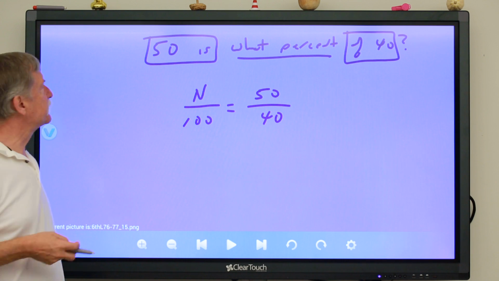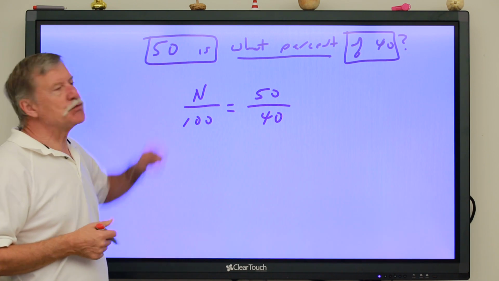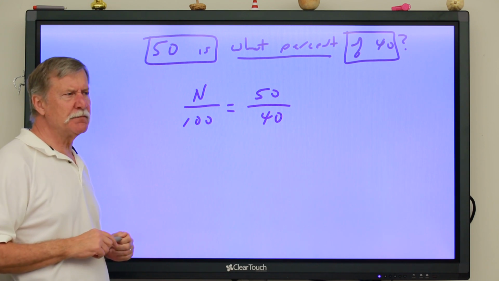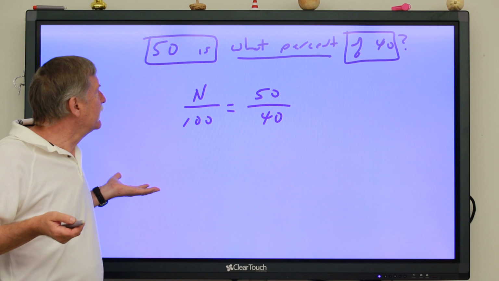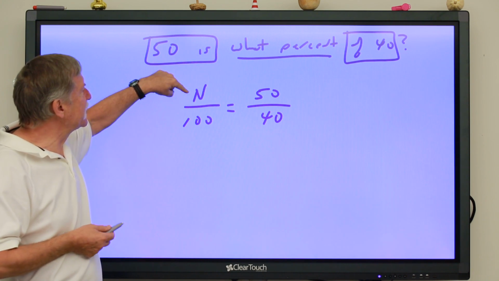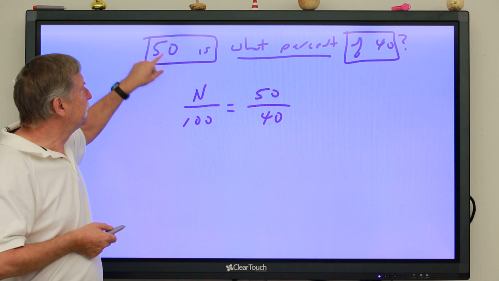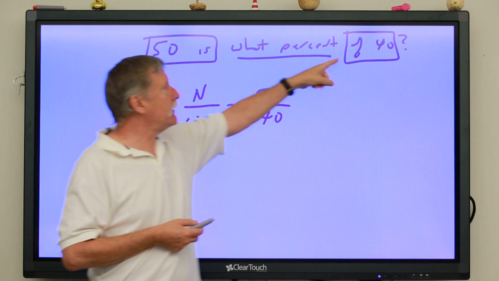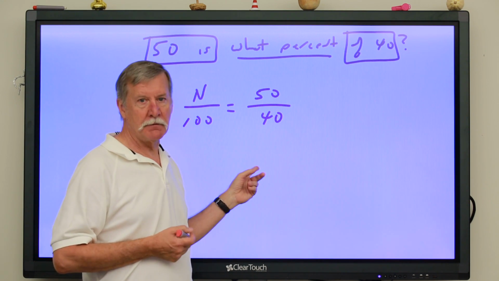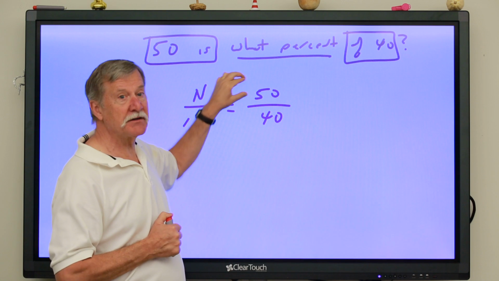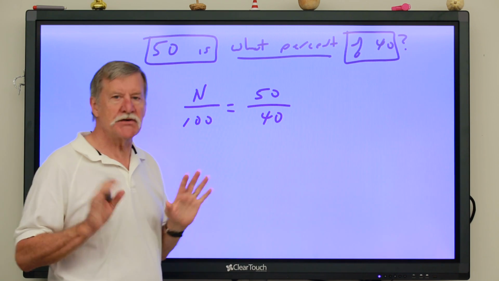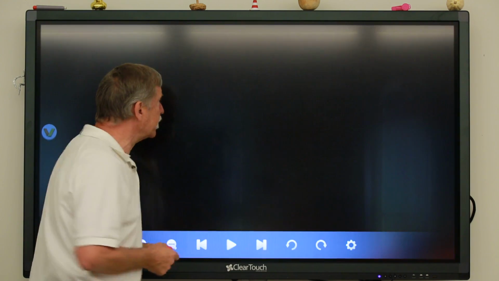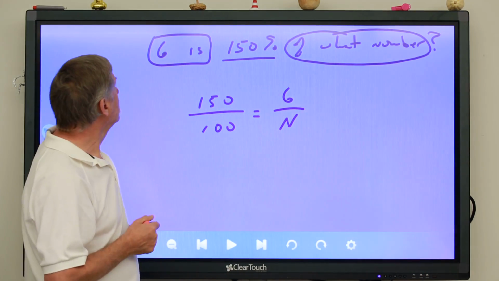Here's another form you'll see this problem. 50 is what percent of 40? Now, that may sound confusing, but the way you do it doesn't change. Is what percent? We don't know, so that's n over 100. 50 says 50 goes on top. Of 40 means 40 goes on the bottom. In other words, now we're talking about an amount that is more than the whole thing, which is okay. You can do that. We do 100 times 50 divided by 40, and you get